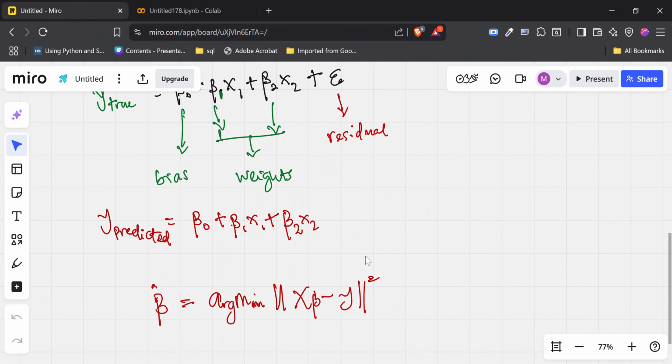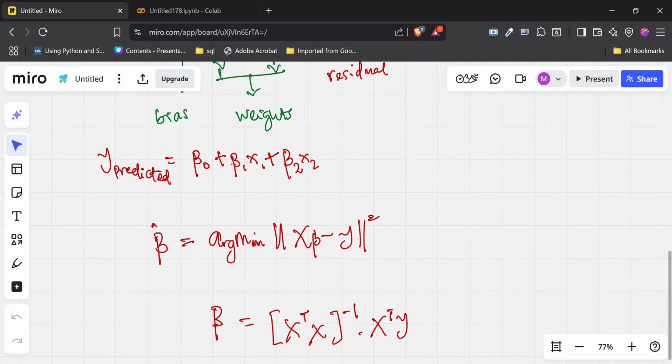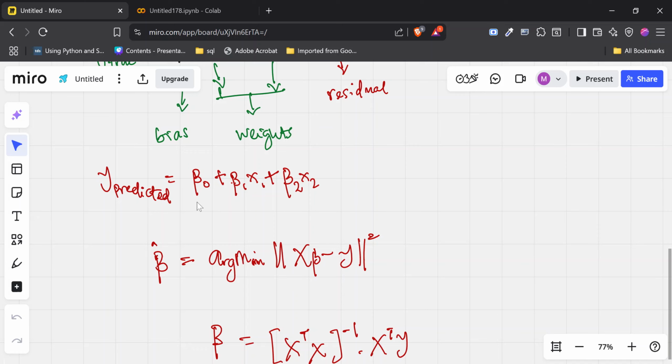And if we pass that into this place and use it to solve this equation, we are going to have a matrix as our output, which corresponds with the values of beta naught, beta 1, and beta 2 that we can plug into this equation, and it's going to give us our y predicted every time. Cool.